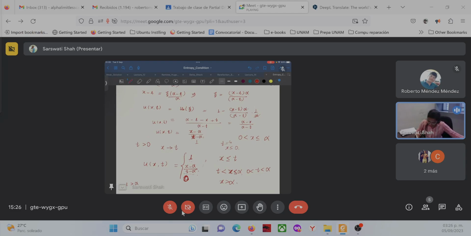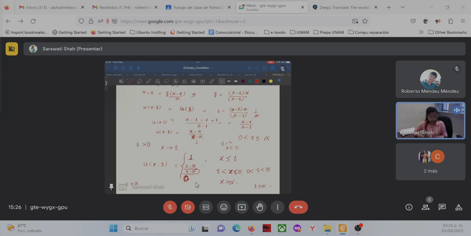So here we can see that between 0 to alpha, this solution is defined, and besides that this solution is defined 1 and 0, so t, and that will also be coming with the characteristic. We are unable to write because we are not drawing the characteristic. So let's draw the solution, and then I will tell you what will happen when t is greater than alpha